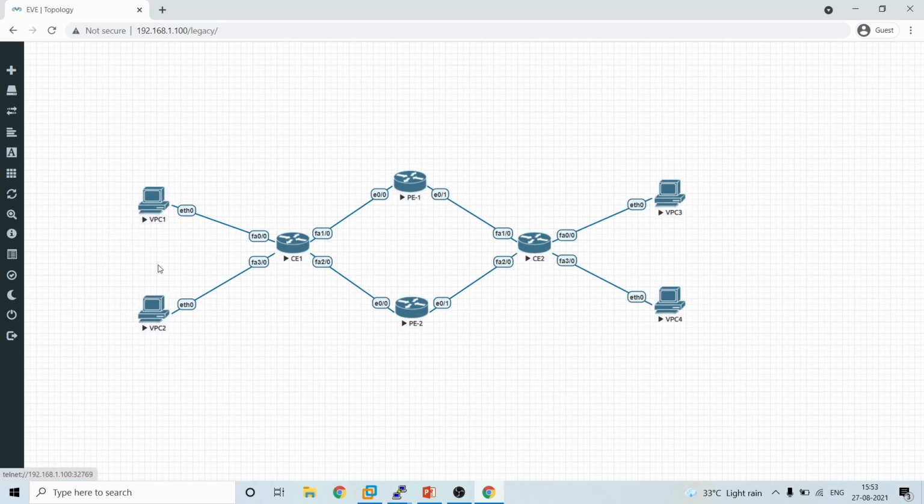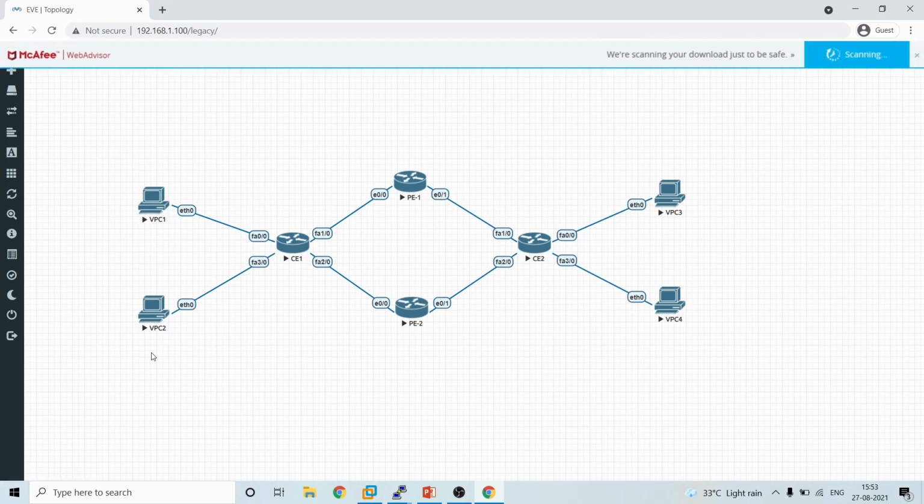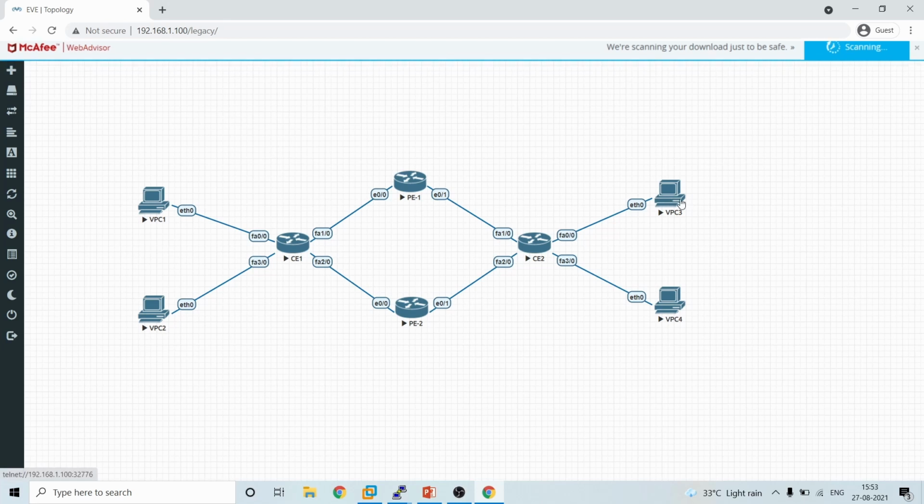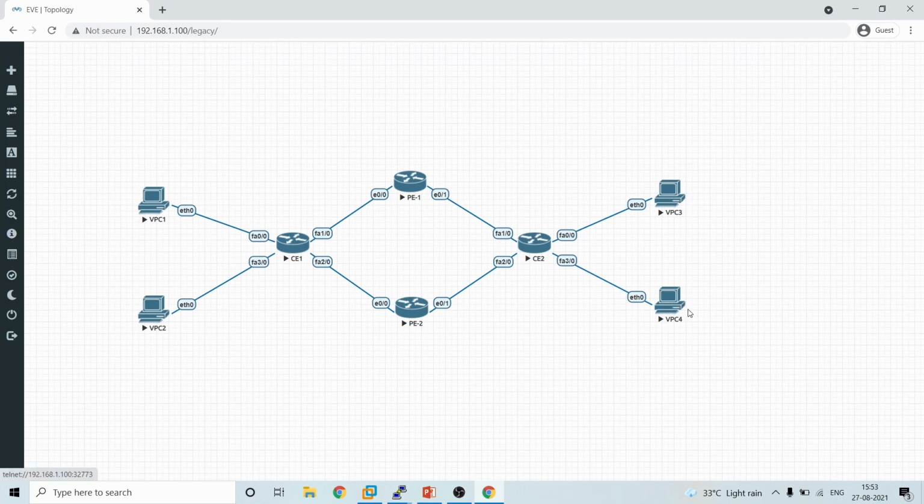First of all, VPC 1, 2, 3 and 4 we have configured as 10.1.1.5, 10.1.2.5, 10.1.3.5 and 10.1.4.5. The gateways are configured as dot 1 for all the connected VPCs. Internally, I have run two EIGRP sessions, which are between FA1/0 to 1/0 and 2/0 to 2/0. Here I have configured /30 IPs, 1.1 and 1.2, and here it is 1.5 and 1.6, which are 192.168. These two PEs I've just configured as switches.